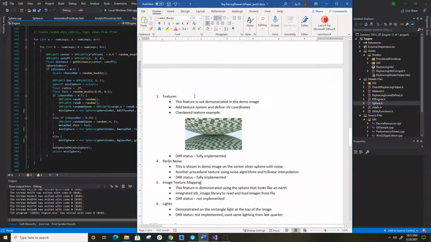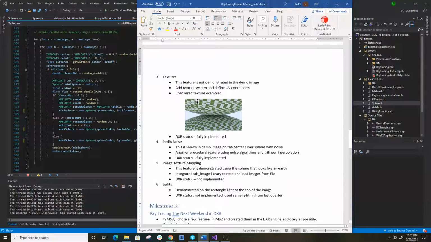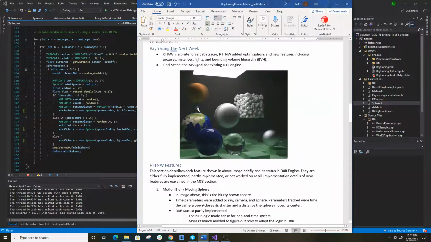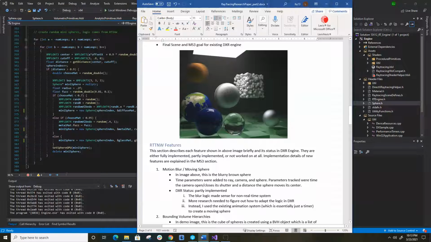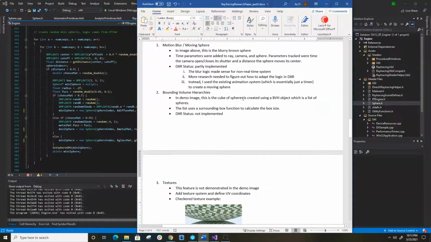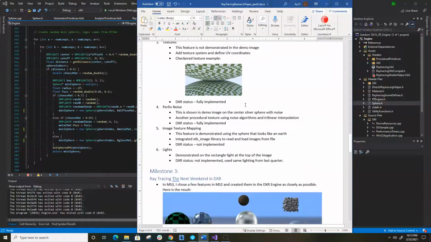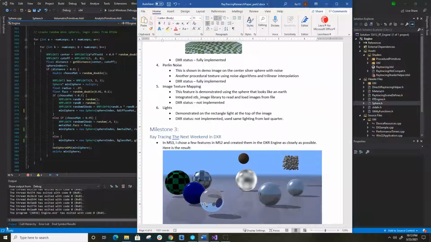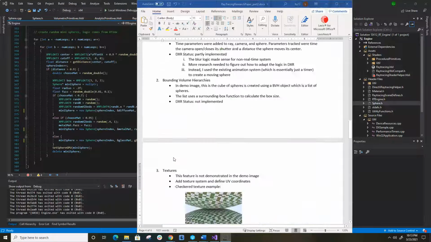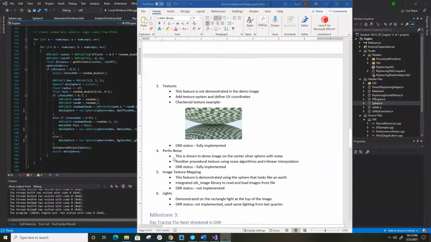And there's lighting, which is up here. So that one I didn't do lighting because there was already lighting in the DX engine. Okay, and I think that's all I wanted to say on Milestone 2, because Milestone 2 and Milestone 3 kind